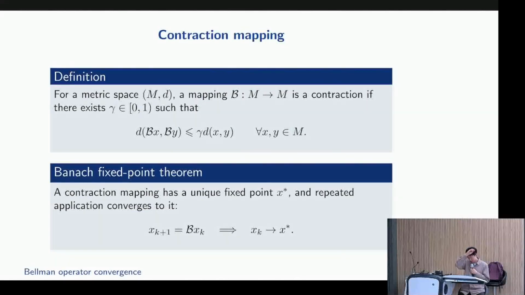Okay, so now we're going to prove why this converges to the optimal unique stationary point. So we're going to define what's called a contraction mapping. For any metric space and any distance measure, a mapping from some metric space to a metric space is a contraction mapping if there exists gamma from 0 to 1, excluding 1, such that the distance between any pair of points, x and y,